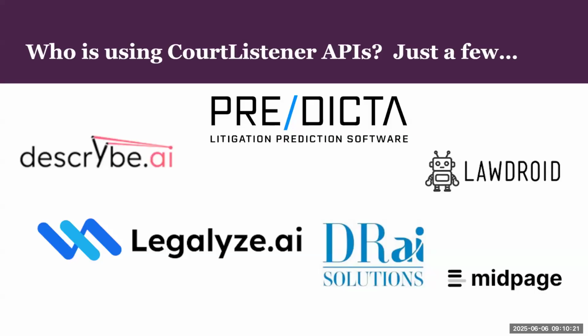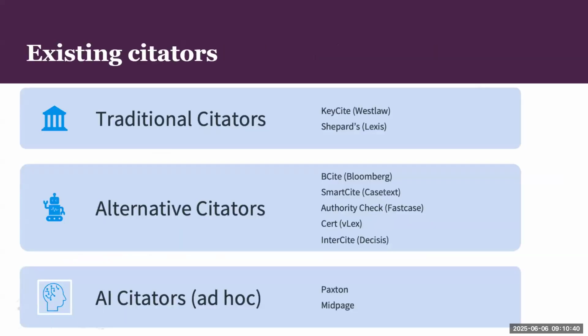And then, yeah, I think I covered the API access thing. People can't easily access that stuff. They can access the citation network through us, but they still can't access the data of how cases treat each other with the existing citators. And the AI changing things, I'll talk about these for a second.